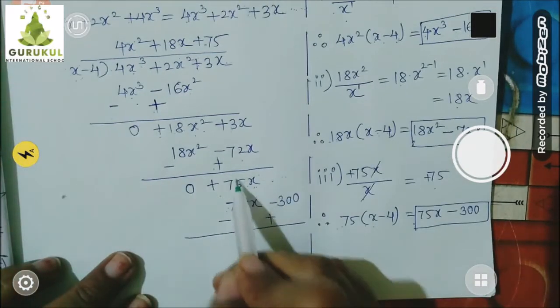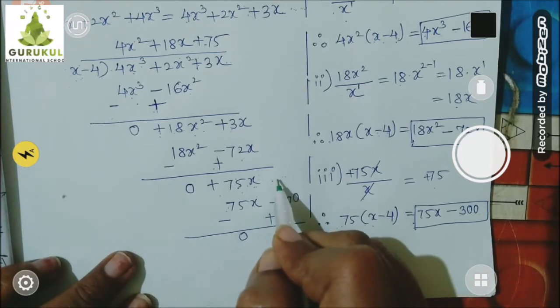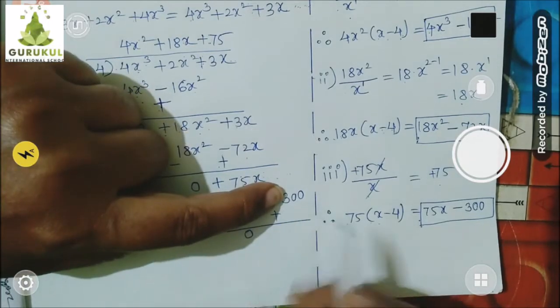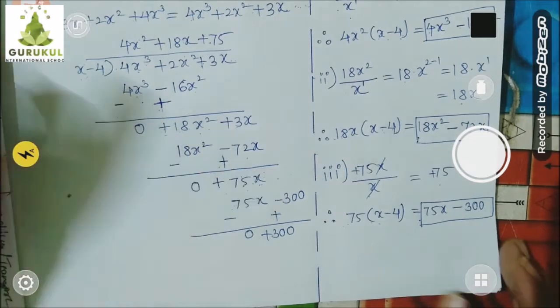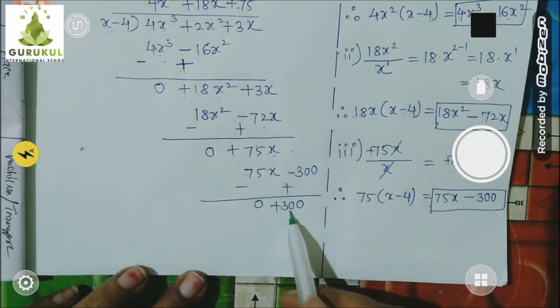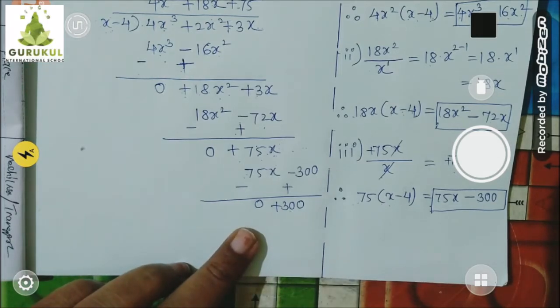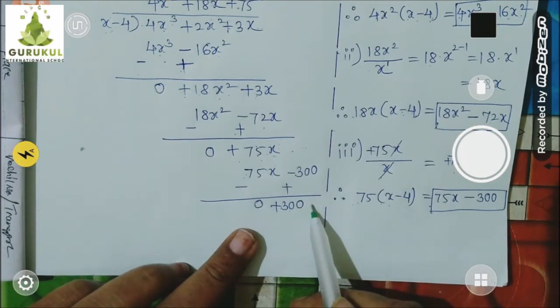Subtract it. 75x minus 75x is 0. And here 0, if you assume 0, then plus 300. Don't write this original, write the new sign. Plus 300. Now you may say, teacher, where did we get remainder 0? But children, now at this step, again check whether I should stop or I should continue. Now tell me, only 300 is left. So what is the power of the constant number? 0. You know very well.